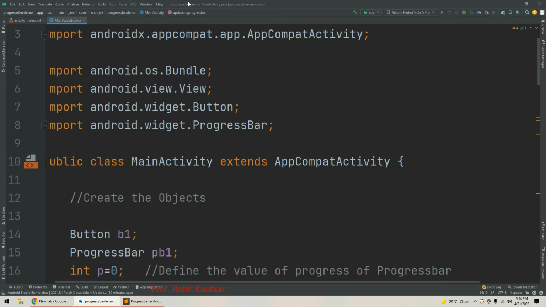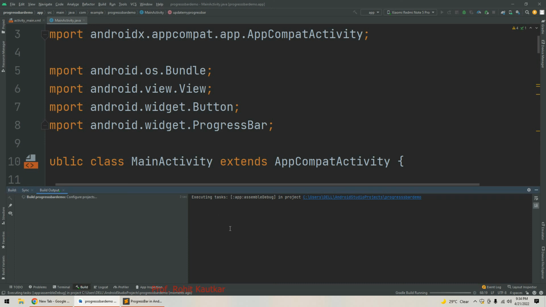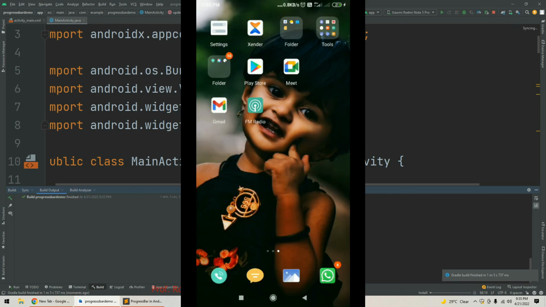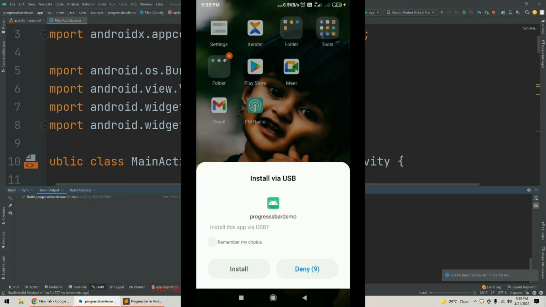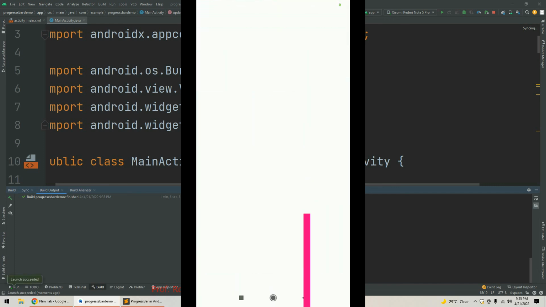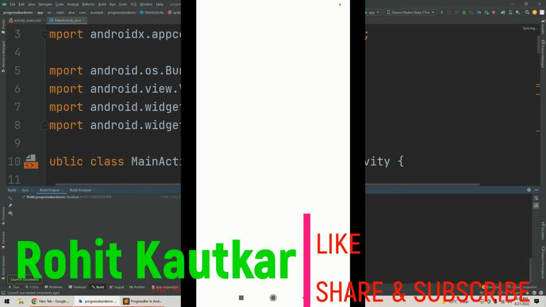Okay friends, now I have connected my mobile phone to the computer, and now we will try to run this project. So here you can see the build process has started. Now friends, here you can see the build process has completed, and now it is asking me to install. So here you can see the app has installed,